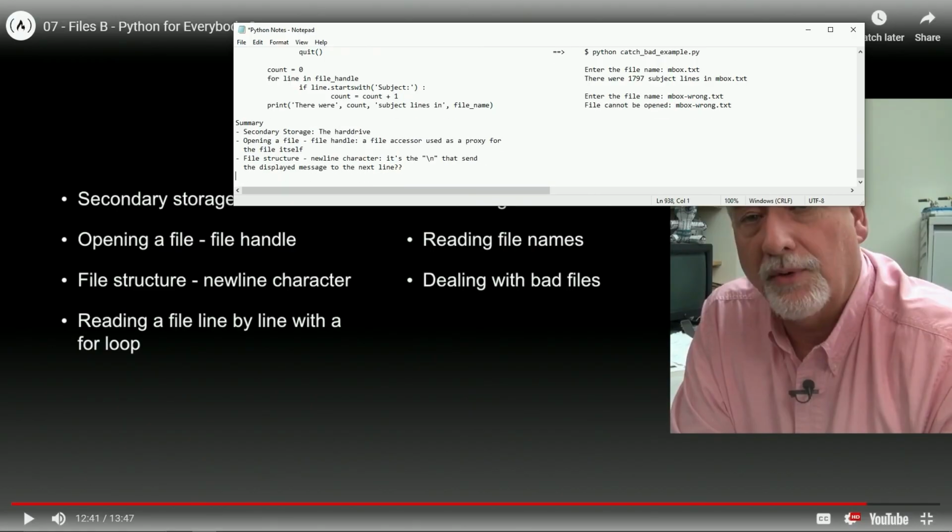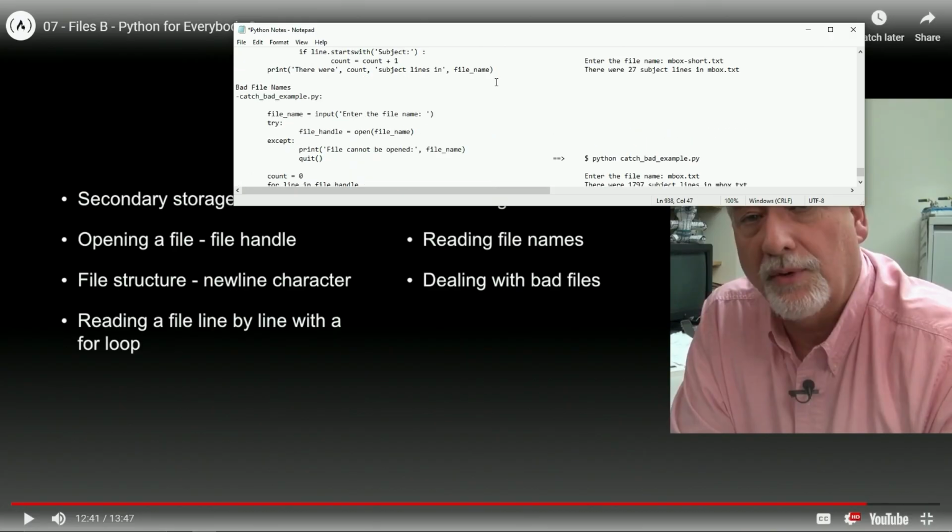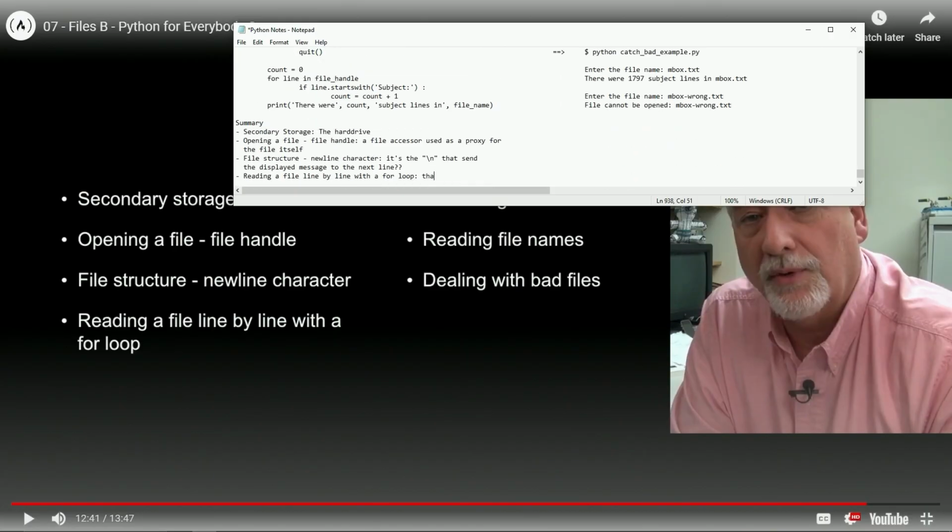All right, so what we're doing now is reading a file line by line with a for loop. Hold on, let's go to the front. Read a file, reading a file line by line with a for loop.